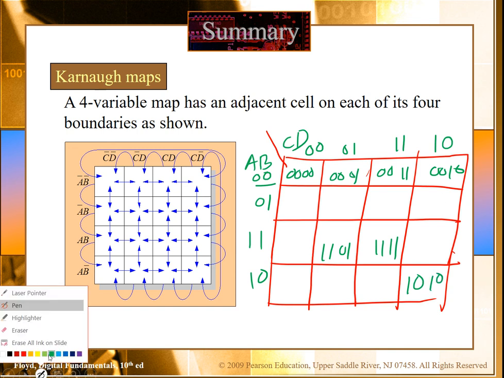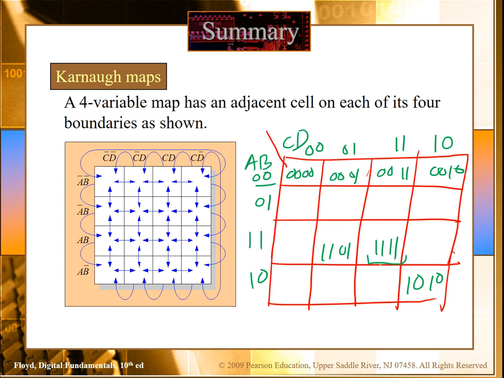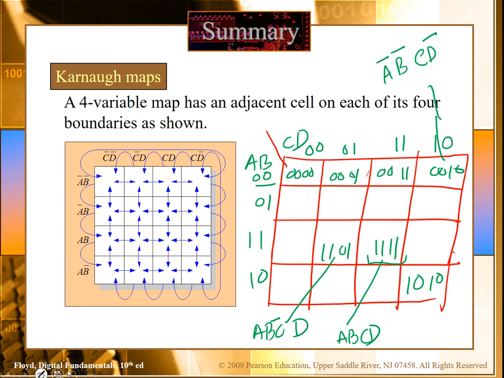So I can draw the 4 variable map. If you want to write in the variable or literal form, this will be equal to A B C D, this will be equal to A B C bar D, and this will be equal to A bar B bar C D bar. These are just different cells representing different expressions.